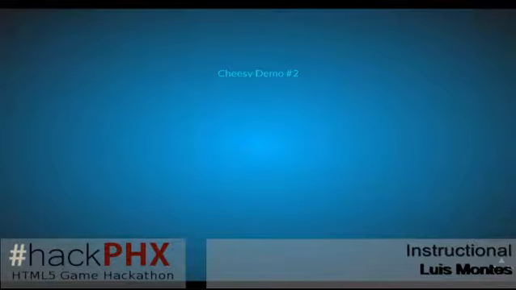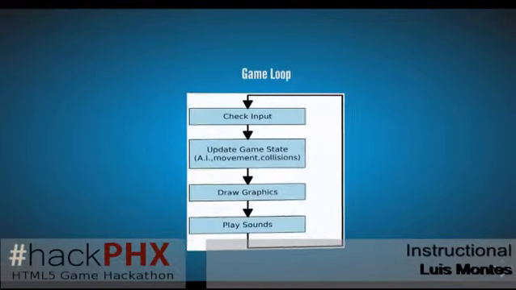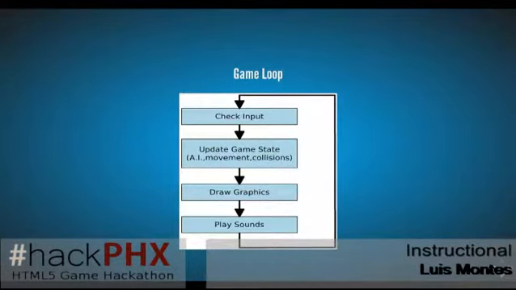Because a game runs in a loop. This loop we want to run 60 times a second, so that we can have a refresh rate on the screen of 60 times a second. Anytime we don't run it 60 times a second, the users will notice. So if your game is choppy, it might be because you're not doing the 60 times a second.